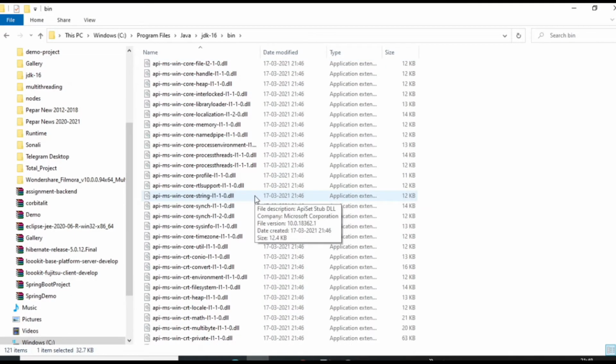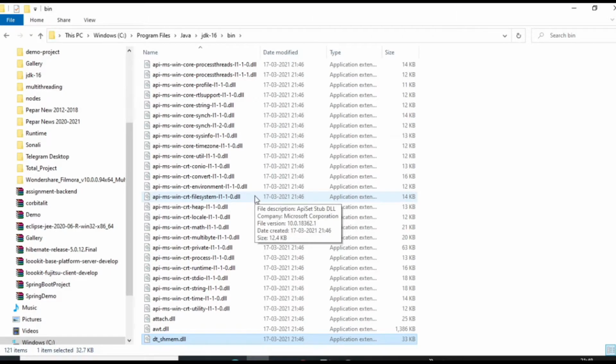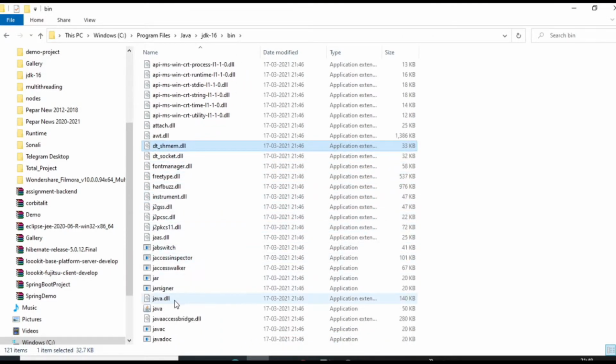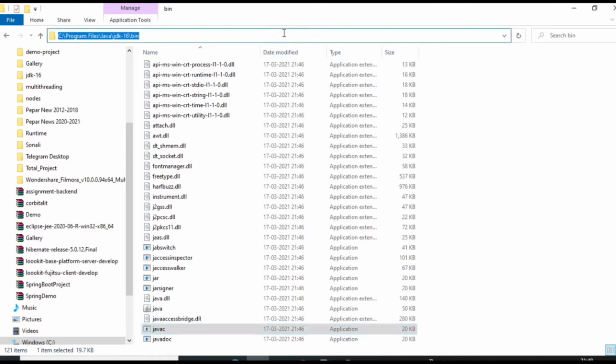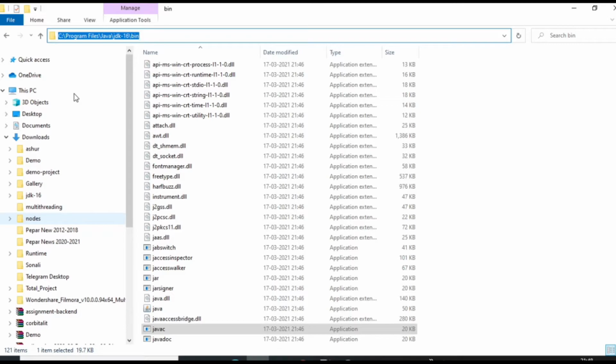Inside the bin folder, you can see all the libraries are there, right? You can see java, javac, compiler. All the files are there in the bin folder. So what we have to do is copy this path and set this path in our environment variable.